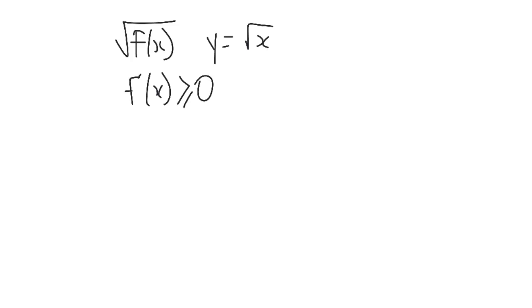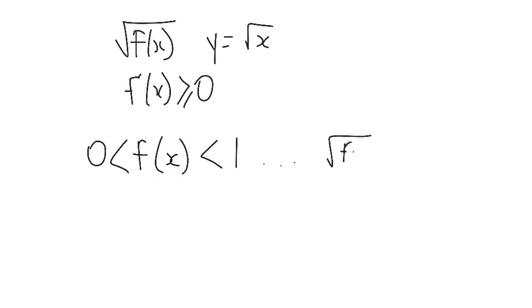Now, as I said before, if f(x) is less than 1 but bigger than 0, so between 1 and 0, what that means is the square root of f(x) is actually greater than f(x). Basically, if I square something that's less than 1 but positive, it gives me a smaller result. And looking at one more thing here,